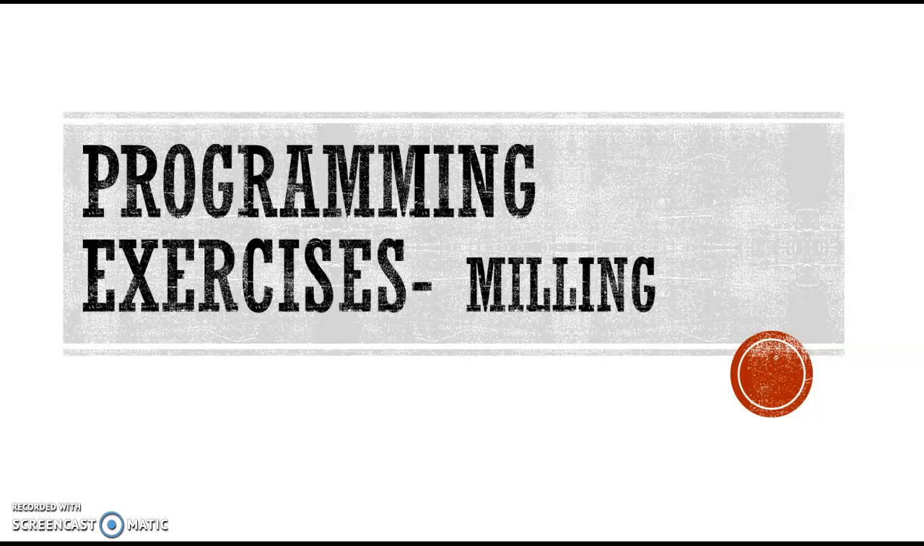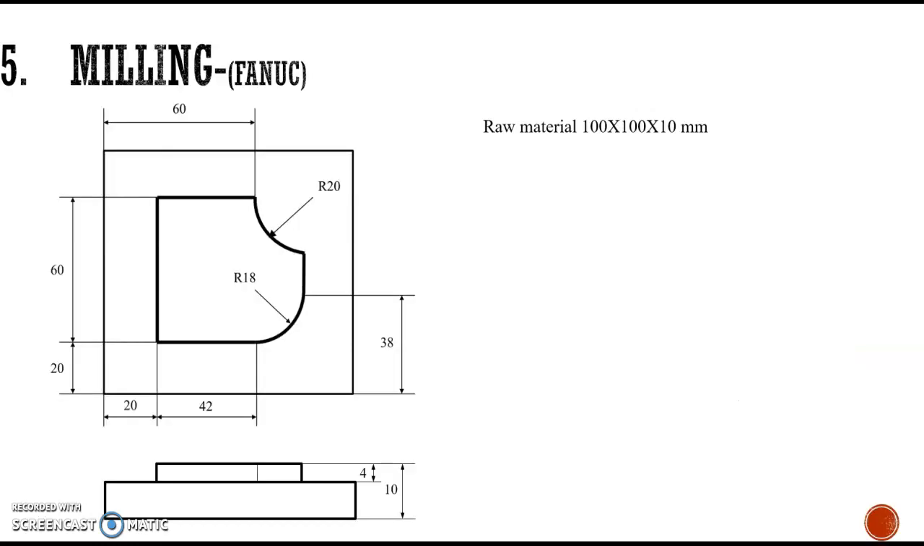Hello, welcome back. Today we are discussing a programming exercise in milling. Our raw material is a rectangular piece of material and its dimensions are given as 100 by 100, that is, the length is 100 mm, width is 100 mm and the depth is 10 millimeter. And out of that size, we need to make